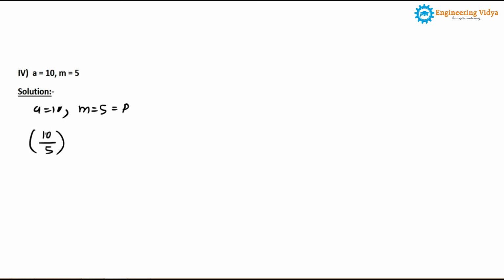So in this particular case, you can say 10 is directly divisible by 5. If the first term is directly divisible by the second term, in that particular case you can directly write the value 0, right? No need to apply Euler's formula. Without applying the formula, you can directly write this, because here 10 is divisible by 5. So this is the answer of the fourth question.